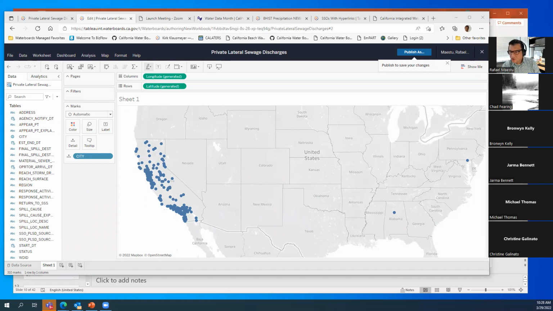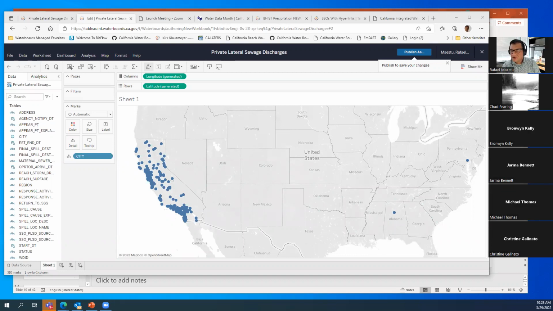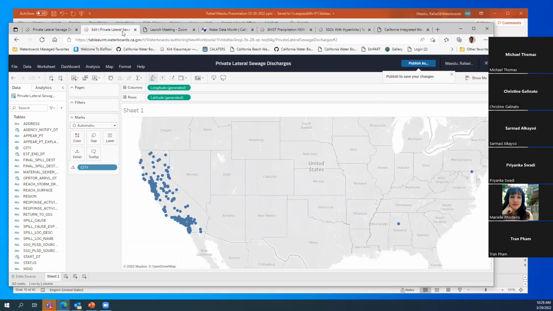I think everybody's here now. I'm going through the list. I think we are missing a lot of people from the original list that I had. I can see some very familiar names, people I work with all the time. Some people actually know how to use Tableau already better than I do, so this is going to be a little bit of a challenge.